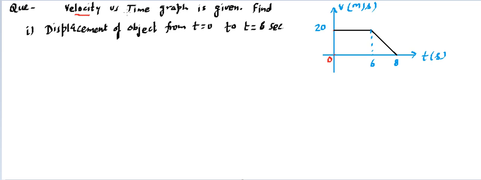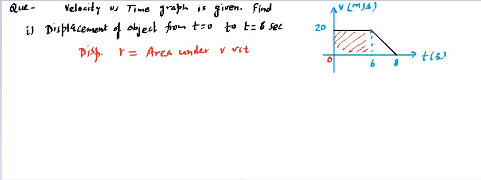It's not asking for the velocity and giving the time, it's asking for the displacement. So here the physics has to come in, and we need to relate velocity, time and displacement together. As we have just finished, displacement is the area under the graph. So this displacement that we are looking for, if you write it as r, is going to be the area under v versus t, between the time limit that we are interested in, from 0 to 6 seconds. This is the area that we need to measure.